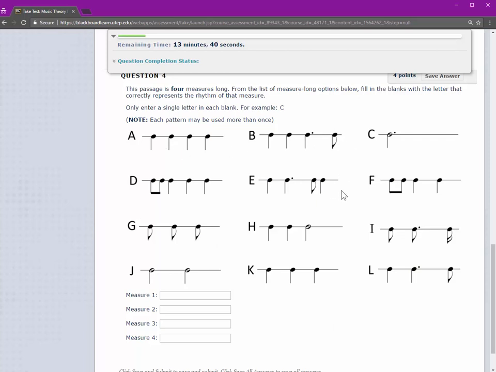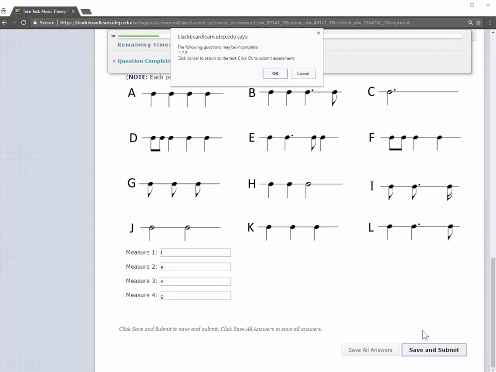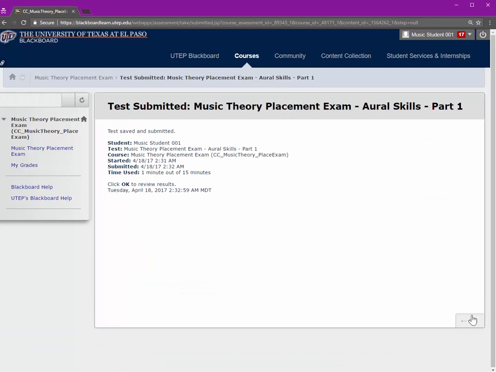So for example, if I thought the first measure was pattern F, I put an F there, and then maybe the second measure was E, I'd put an E, and maybe the third measure was also E, and then we ended with G. So again, you can repeat letters as necessary, and each one of these boxes represents one measure. Okay, that's all for the oral skills portion for part 1. So I'm going to close out of that